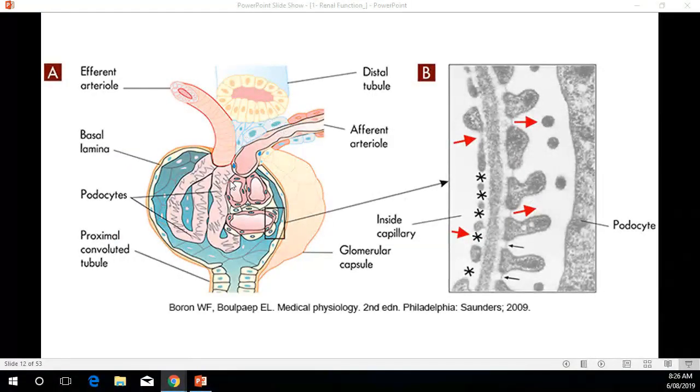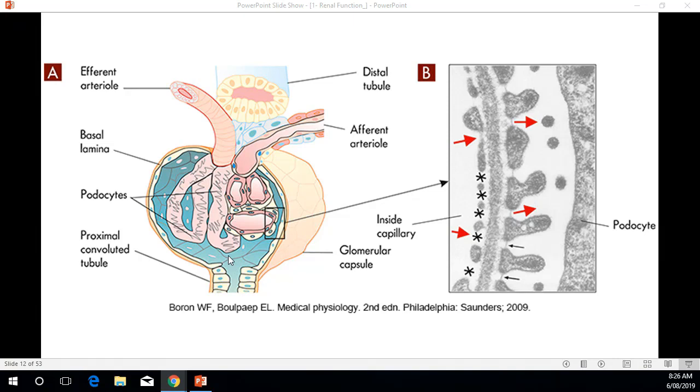So this is what I'm talking about inside here. If you look at a close-up here, this is the innermost layer, where the blood is, in the capillaries. This layer is the capillary endothelium, basement membrane. Then you have foot processes of the podocytes. In between the foot processes, you have these slits, the filtration slits. After this, you have the filtrate, which will pass into this empty space, which is the Bowman's capsule or the Bowman's space.